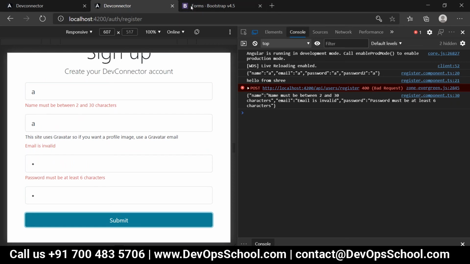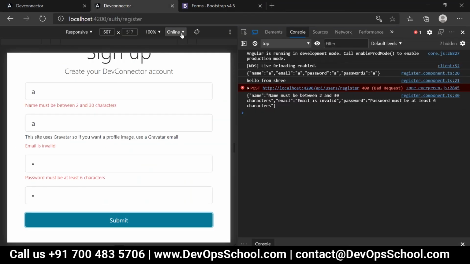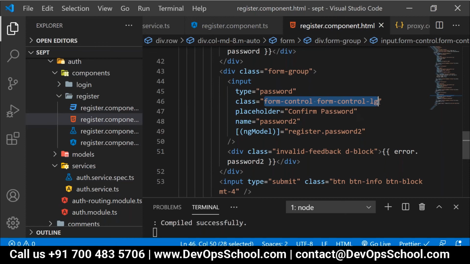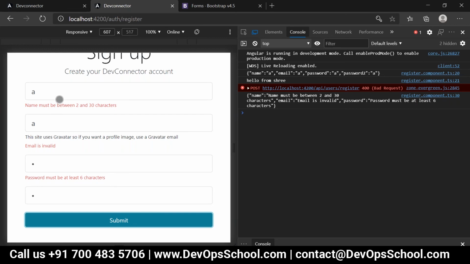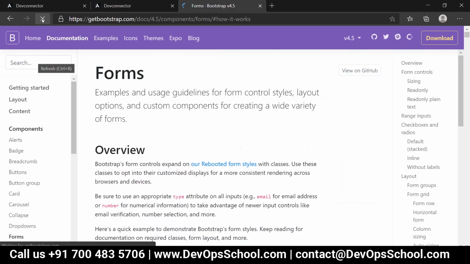Now, which thing is not done yet? People, tell me. The red color border, right? Correct, everyone? Yes. Do you want the red color border? So for that purpose, what I'll do here: do you want to change this CSS formatting or Bootstrap formatting? I want to use this formatting, but along with that, conditionally, I need to apply a formatting. Correct, everyone? We'll have a look over here.